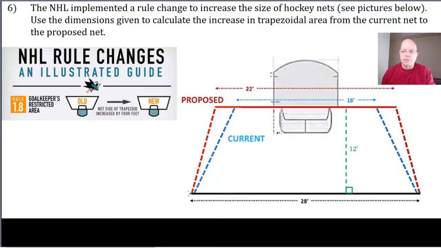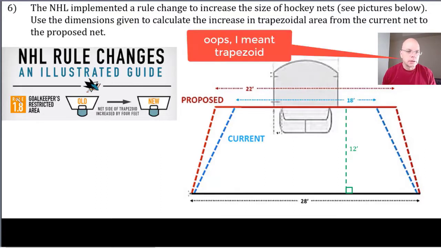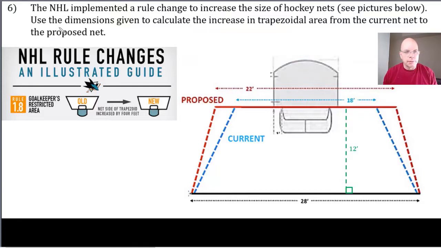Today in class we derived the formula for area of a triangle, which looks complicated but is actually not all that complicated once you see where the formula comes from. We're going to apply that formula to problem number 6 on this video. The NHL implemented a rule change to increase the size of hockey nets. See pictures below. Use the dimensions given to calculate the increase in trapezoidal area from the current net to the